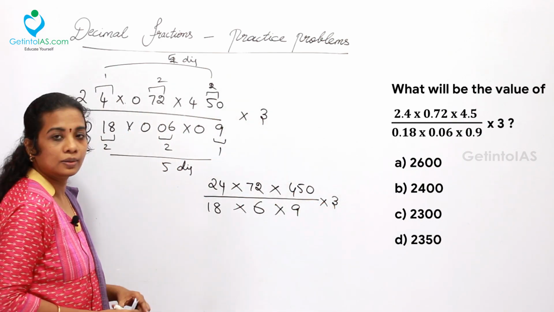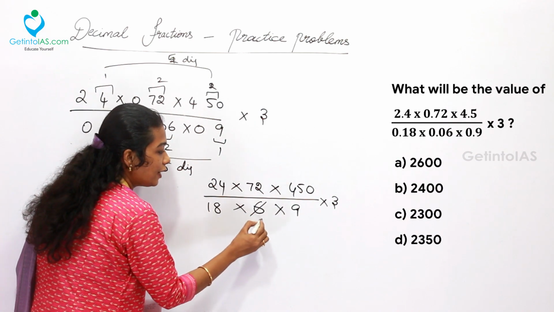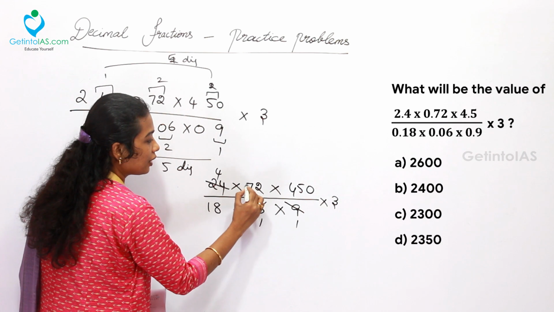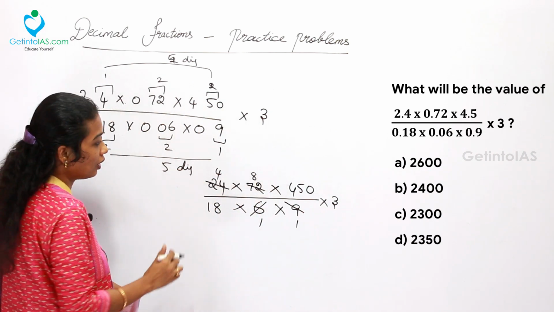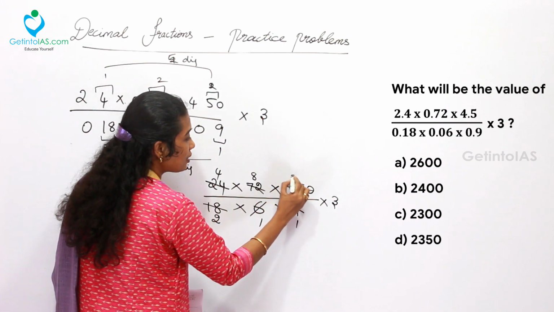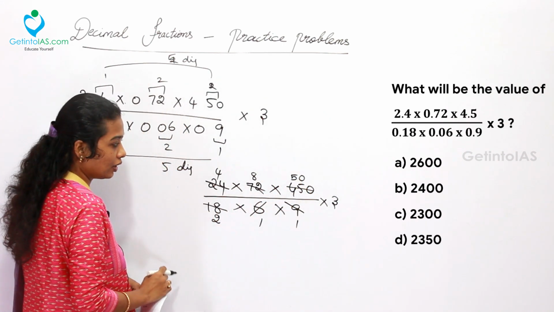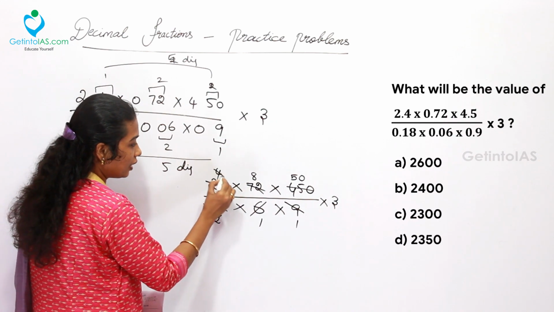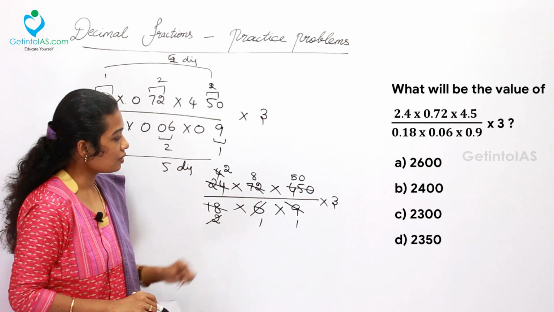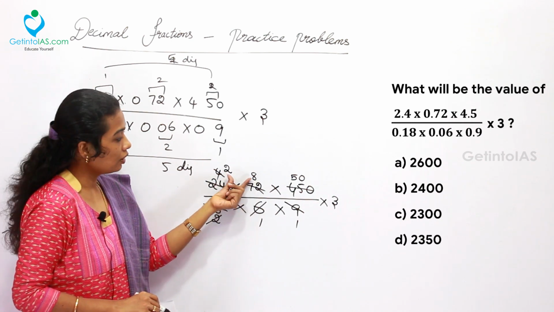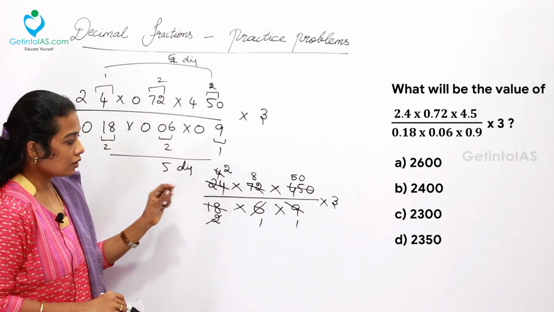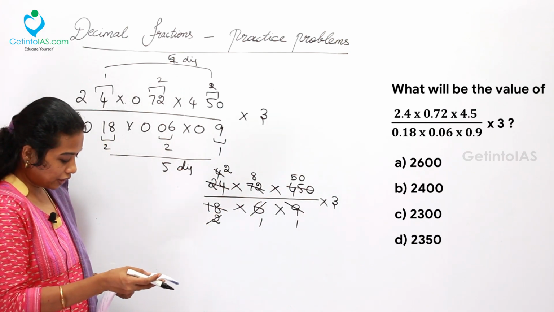Now you can easily simplify here. 1 times 6, 4 times 6. Here 1 times 9, 8 times 9. Then here 2 times 9 and 5 times 9 and 0 times 50. Then here again I am taking this 2 times. Now finally you could solve this. 2 into 8, which is 16. 16 into 50 into 3. That is, totally, the answer will become 2400.